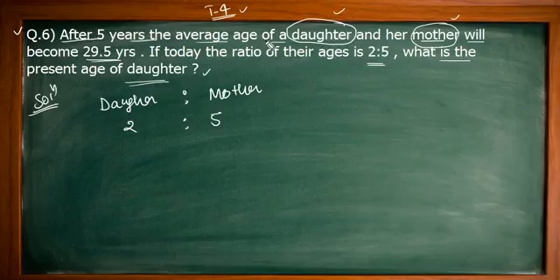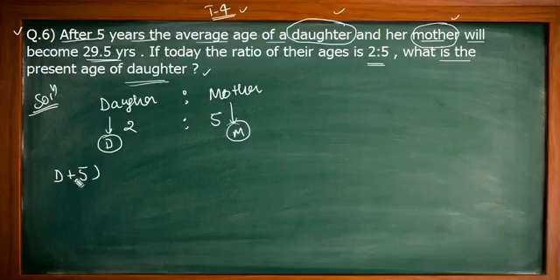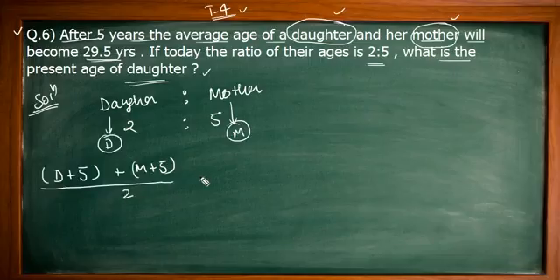After 5 years the average age of a daughter and her mother. So suppose the present age of daughter is D, and the mother is M. So after 5 years it will be D plus 5, and the age of mother will be M plus 5, and their average, divided by 2, will be equal to 29.5. So guys, cross multiply,